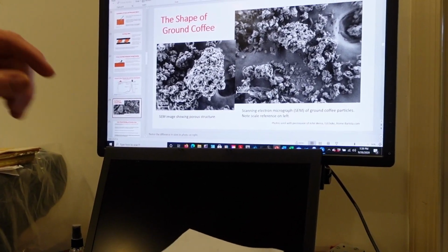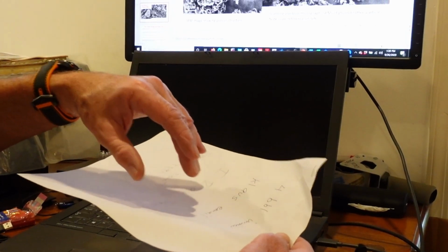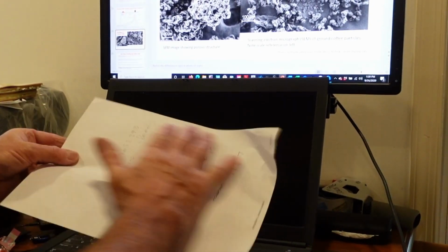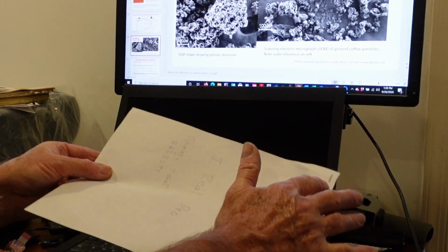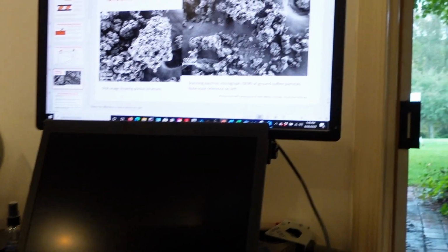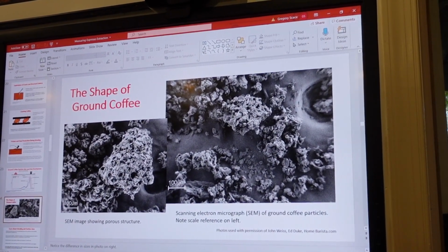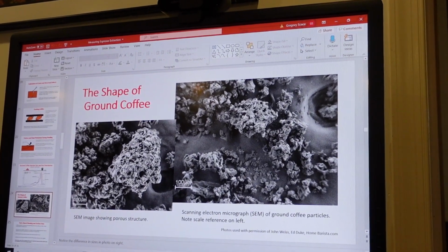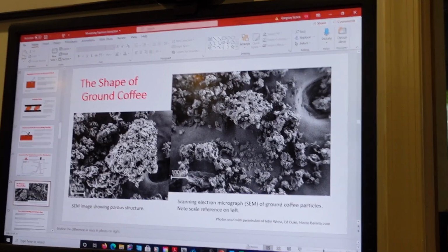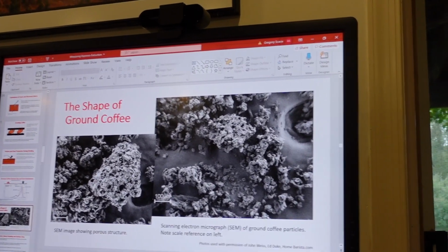So the surface area of something like this is going to dissolve really quickly, because it has so much more exposure and so little mass. All these guys get dissolved really quickly, and this guy doesn't dissolve as quickly. Consequently, these guys get over-extracted, and these guys get under-extracted. So, based on the established models for how materials dissolve,